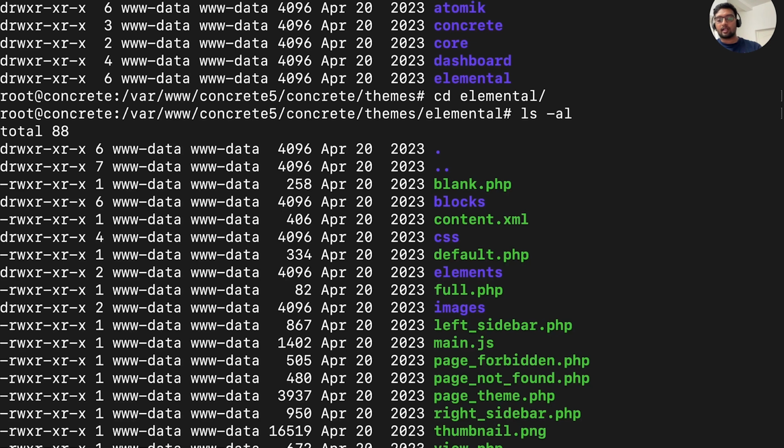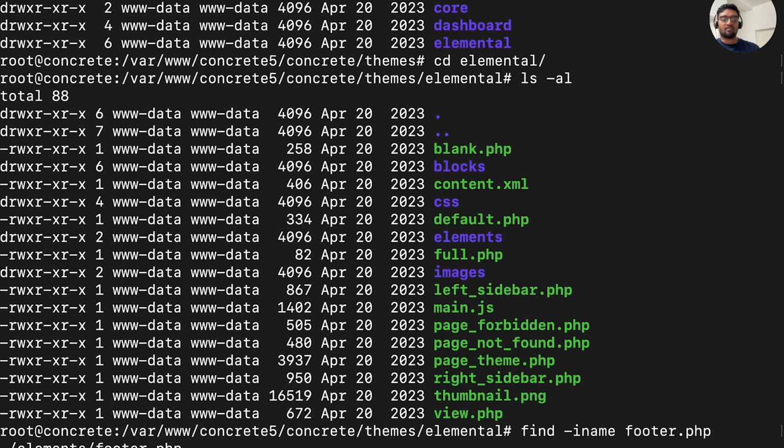and I need to locate the footer.php file in this theme. So I'm trying to find all the files named footer.php in this location, and I have got the file inside the elements folder. The location of the footer.php file depends on the theme that you are using. So in this case, I'm going to the footer.php file,